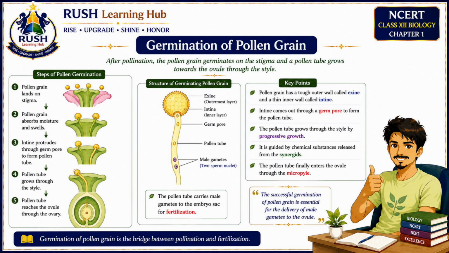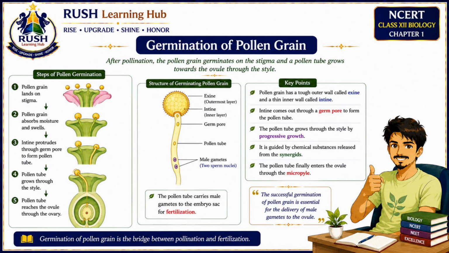One male gamete will fuse with the egg cell to form the zygote, while the other will fuse with the two polar nuclei to form the primary endosperm nucleus. This process, called double fertilization, will be studied in detail in the next part of the chapter. Thus, pollen germination is an important step that connects pollination with fertilization and ensures the successful transfer of male gametes